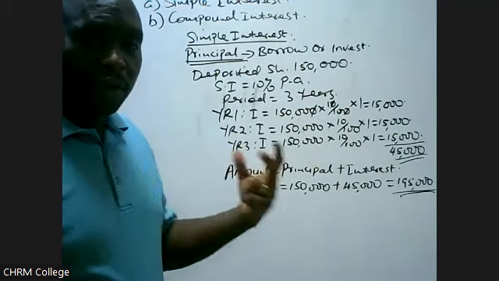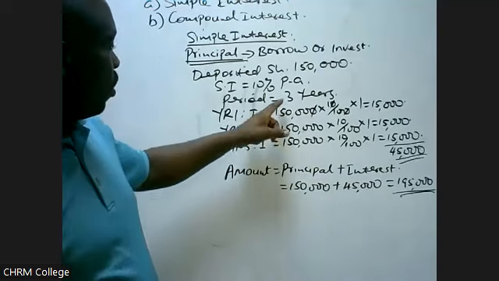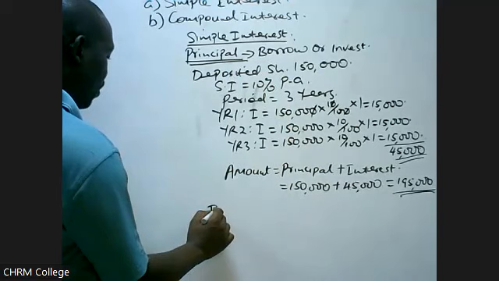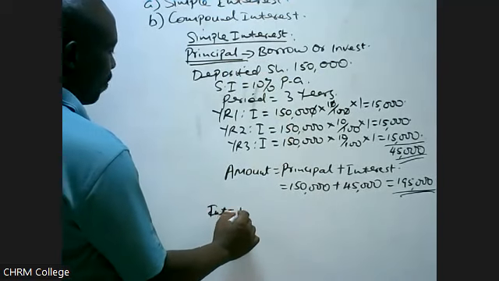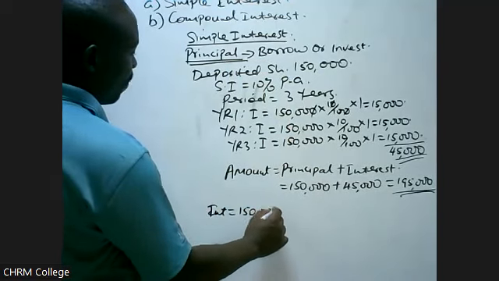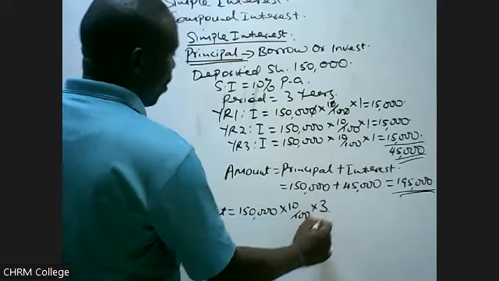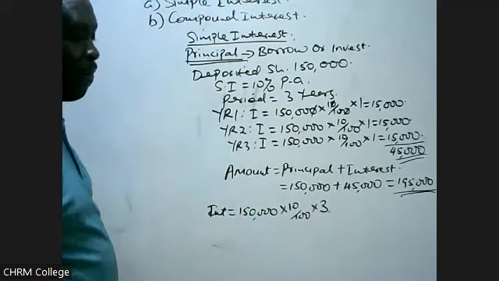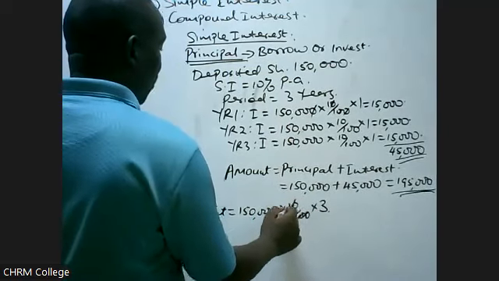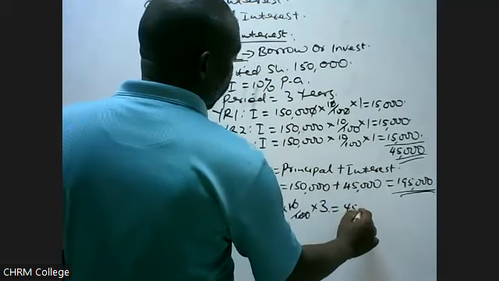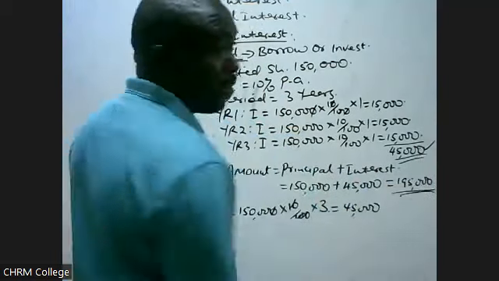To make it simpler, when you are told it is 3 years, it is simple interest. To get your interest, you simply take the principal amount, which is 150,000, multiply by the rate, which is 10%, and multiply by the duration in years, which is 3. You find that this is 15,000 times 3, which gives you 45,000, which is the same as the 45,000